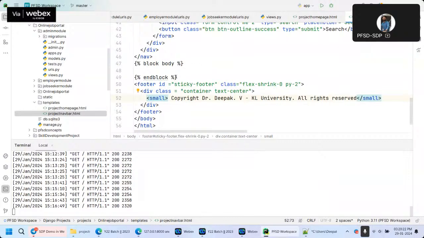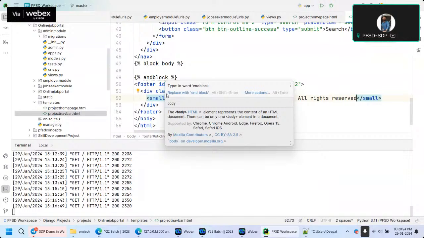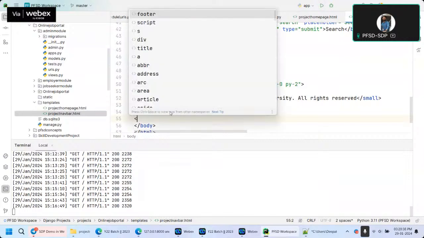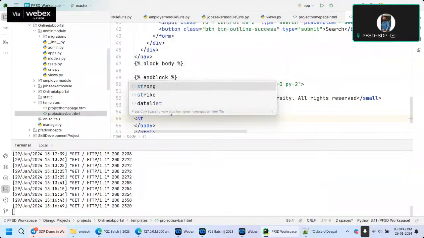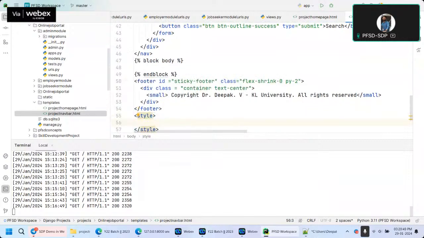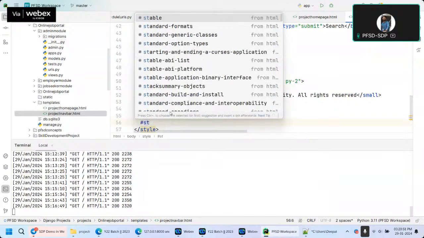Okay, I'm just putting it as style. Okay, that's it. Div tag, footer, and if I want to add some CSS content, that also I can add. For adding the CSS content, I have the style tag. Inside the style tag, what I will do, I'll just put it as